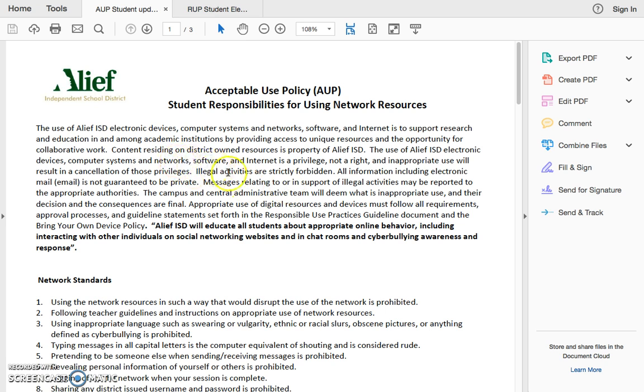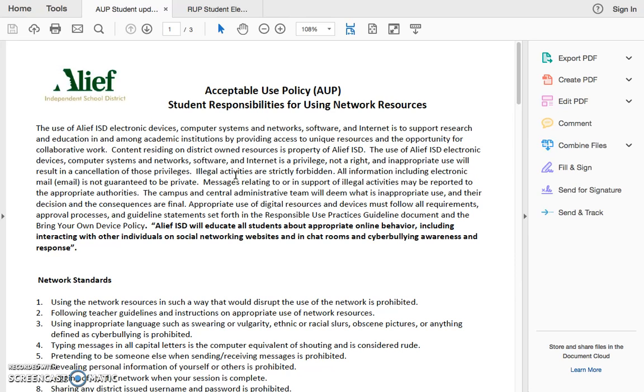It reviews that all content belongs to A-Leaf ISD, as well as devices, computers, the network, and any software, and is a privilege that will be canceled if students do not follow the expectations for this privilege.